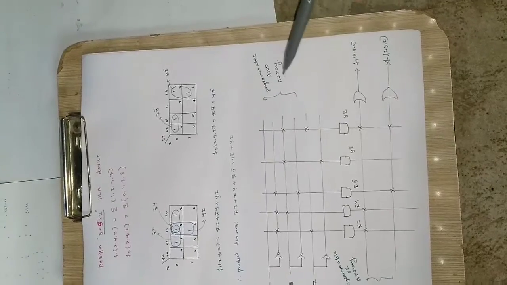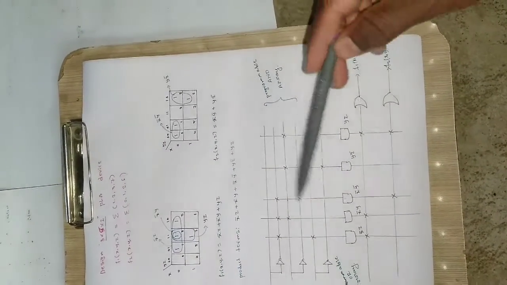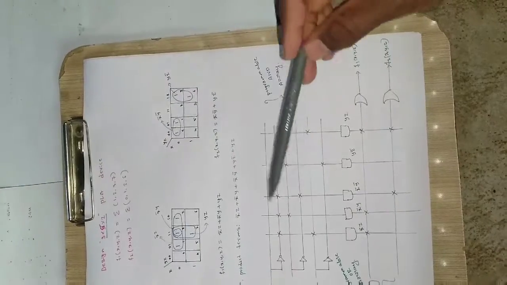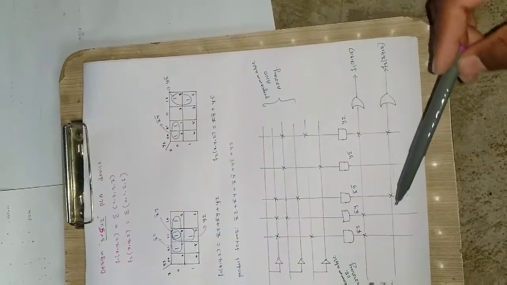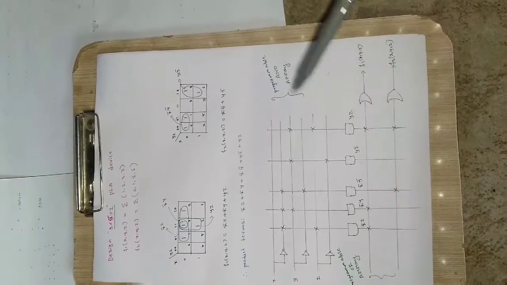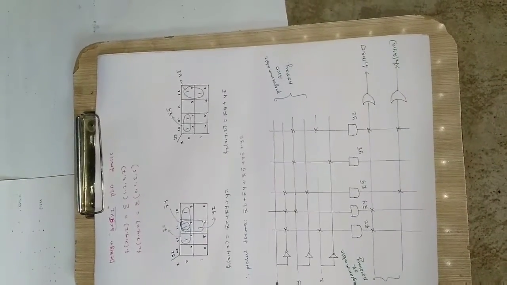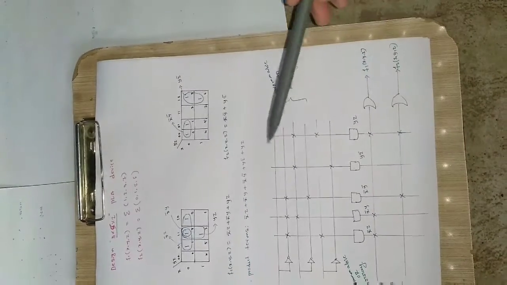So this is called the programmable AND array, and this is called the programmable OR array, because the AND function, that is multiplication, is implemented over here, and the addition, that is ORing of the terms, is done here. That's why they are called programmable AND array and programmable OR array respectively. So now I have made these unique terms.